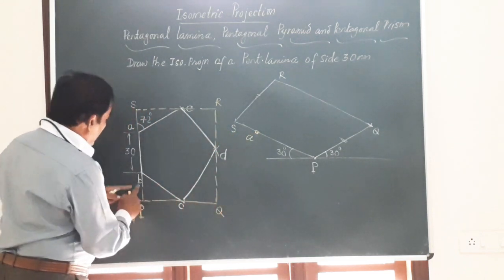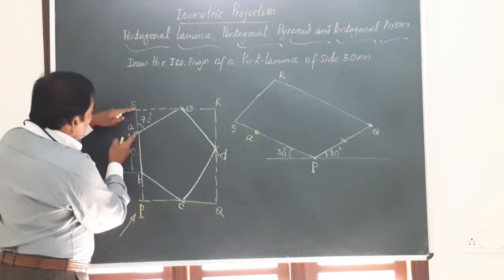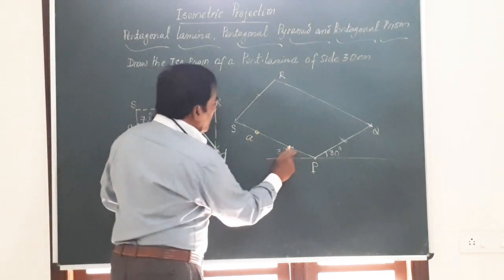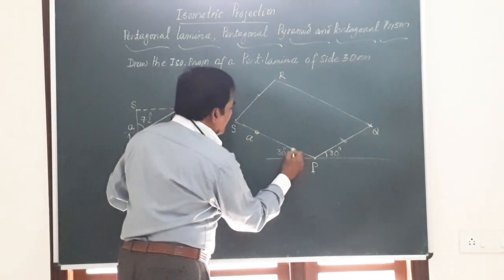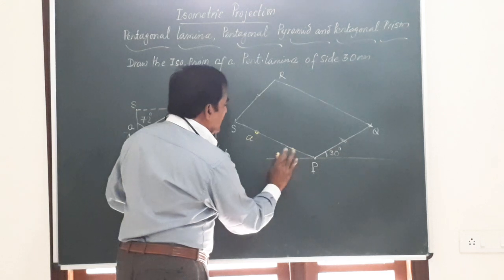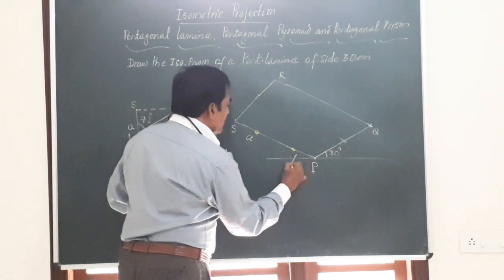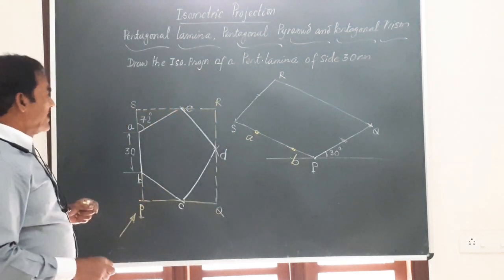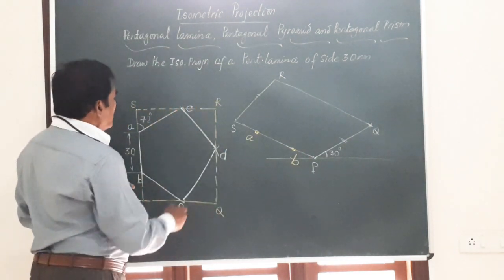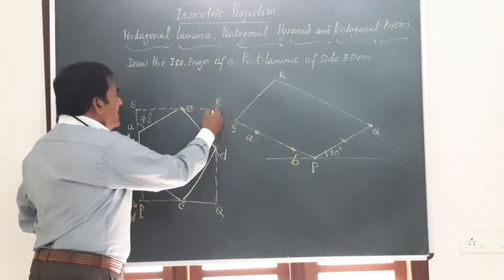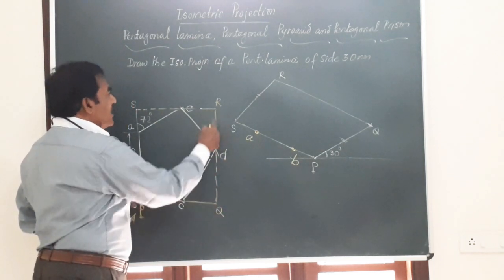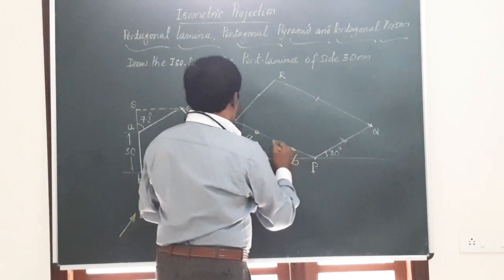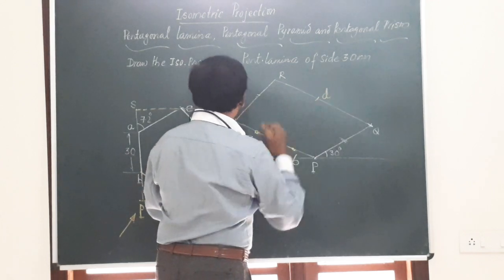Similarly, you can also obtain B. Both SA and PB will have the same length. So take the same measurement, mark from the other end. So I will get this point. I will call the point B. So I have got point A, I have got point B. So AB represents one of the sides of the pentagon. Likewise, if you observe, D lies exactly in between Q and R. We have QR, take exactly the midpoint of that, and that will give you the point D.